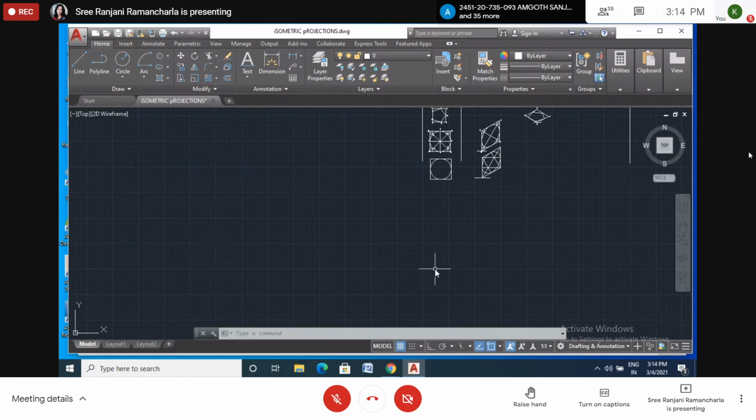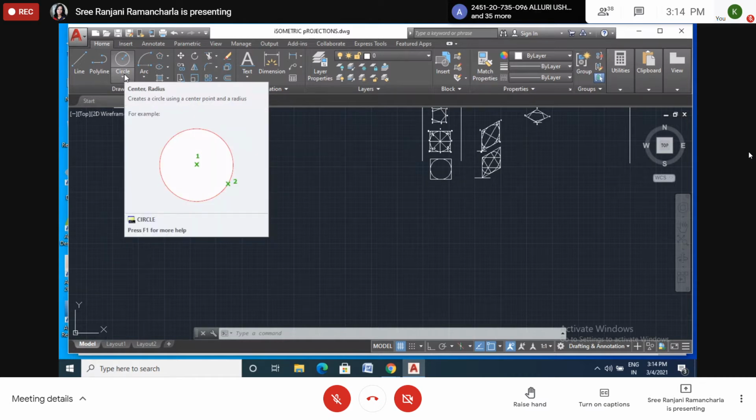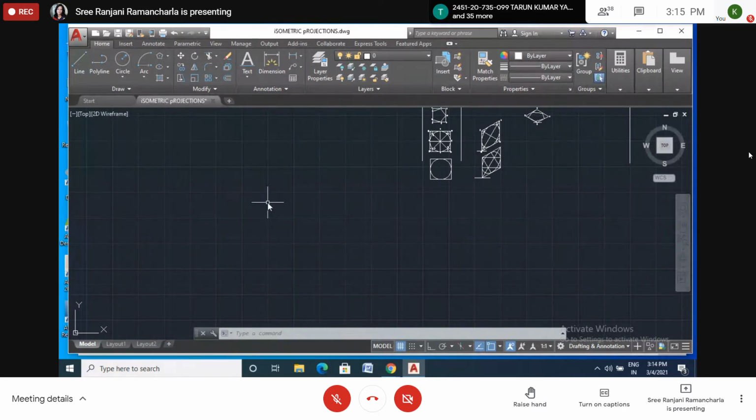Now we are doing what I dictated. Say again, isometric. Draw the isometric projection of a cube. Don't write projection, write isometric drawing, because isometric drawing is different and isometric projection is different. Now these are all isometric drawings. I will explain the isometric projections later. Draw an isometric drawing of a cube of 20 mm by 40 mm by 60 mm.